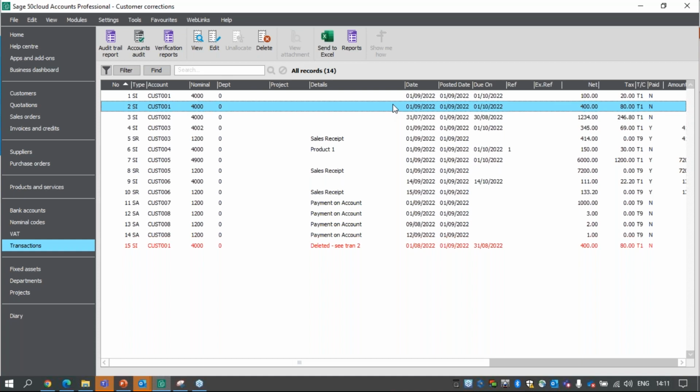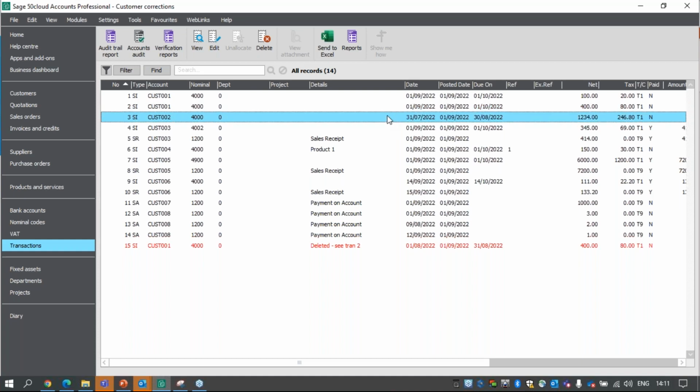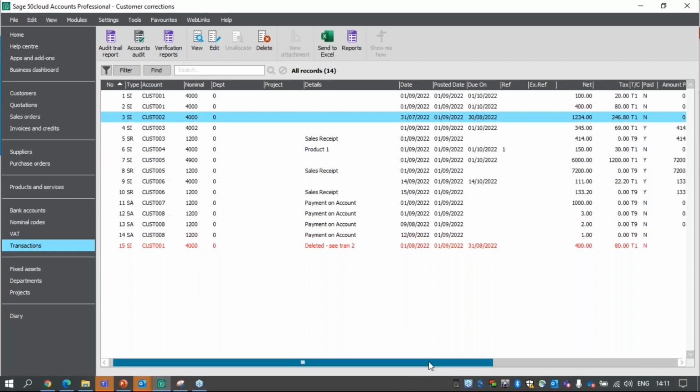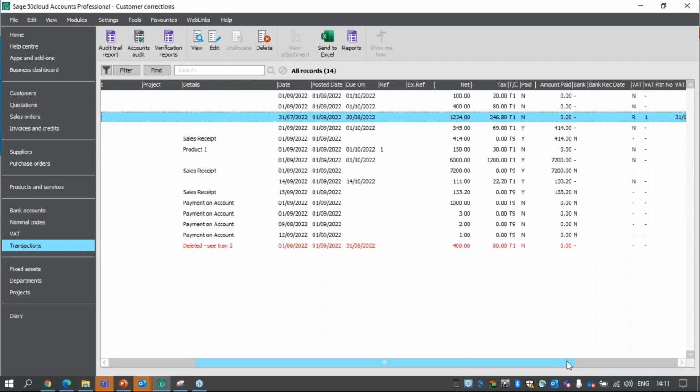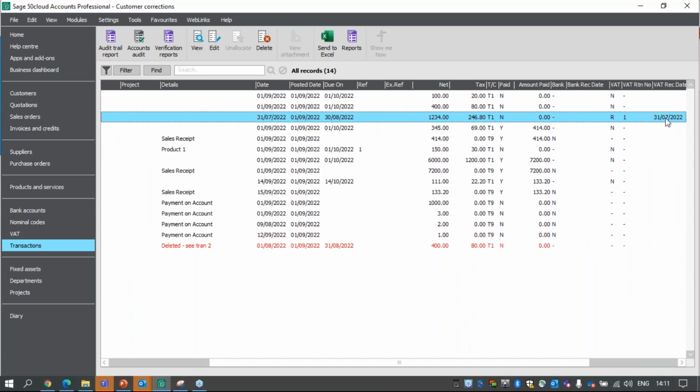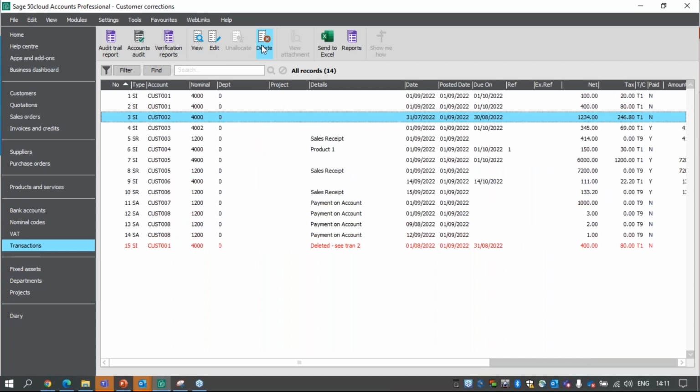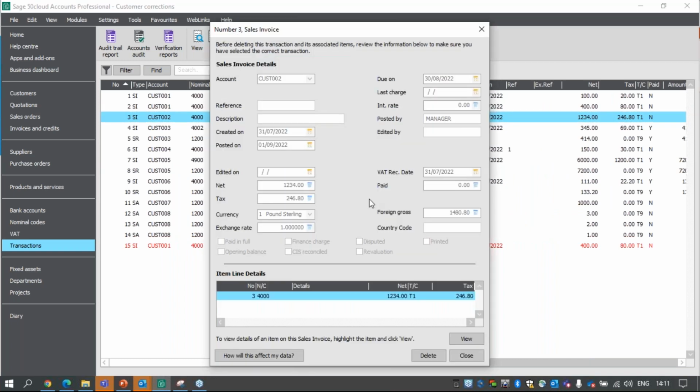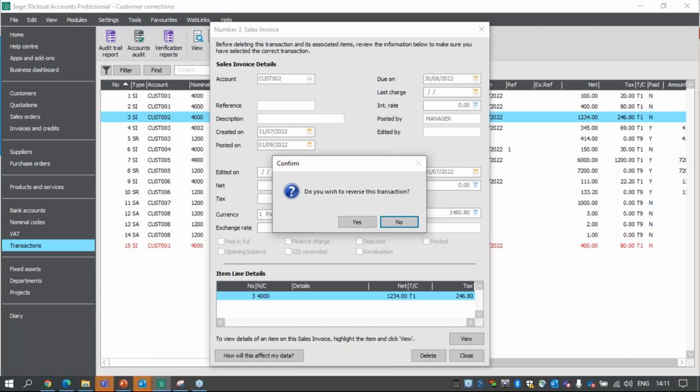Now next, I'm just going to try deleting a transaction. So I mentioned earlier, you can delete transactions using the delete option. But if it's VAT reconciled, then we do need to consider the fact that that has been reported to HMRC. So this particular one here, if we have a quick look along here, you can see it has been reconciled for VAT. It's the only one there that has been. So because it's reconciled, when we go to delete, it will again be slightly different. So I'm just going to click on delete at the bottom here, and it automatically asks me if I want